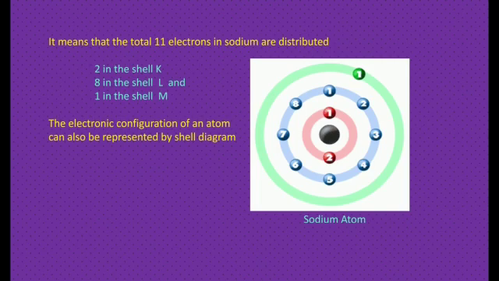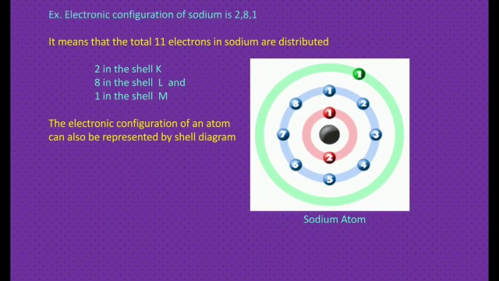First shell, that means the K shell. We already learned the first shell can accommodate only 2 electrons. So the K shell has 2 electrons. Next shell, that means the L shell. How much can we accommodate? 8. Now 2 plus 8, 10 over. Now total electrons, how much? 11 are there. Now how many electrons are left? Only 1 electron left. That will be in the next shell, that is the M shell. So the electronic configuration, how can we write? Just see the electronic configuration of the sodium atom. We will write 2, 8, 1.